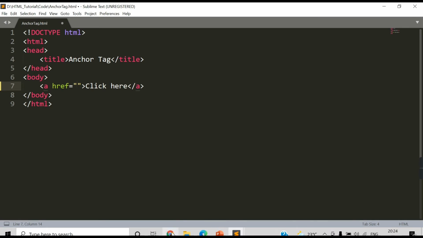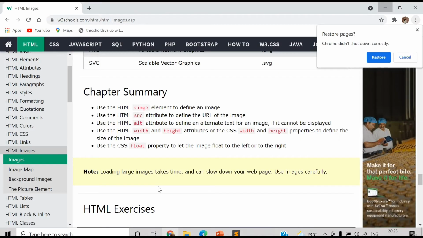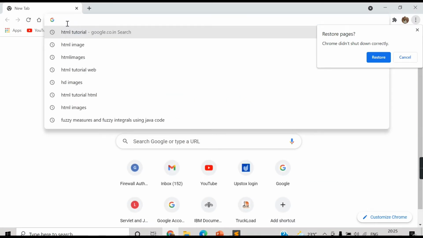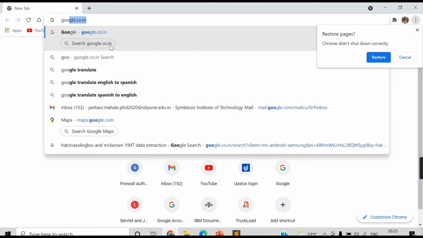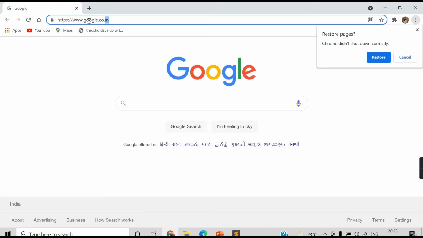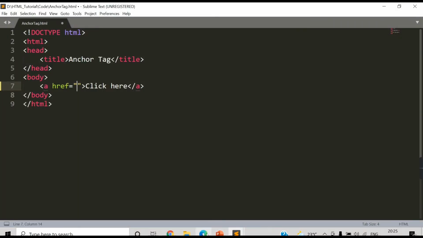Let's say I want to provide the Google link here. So let's say Google, copy this link, Control C. Now I provide this link in the href attribute.